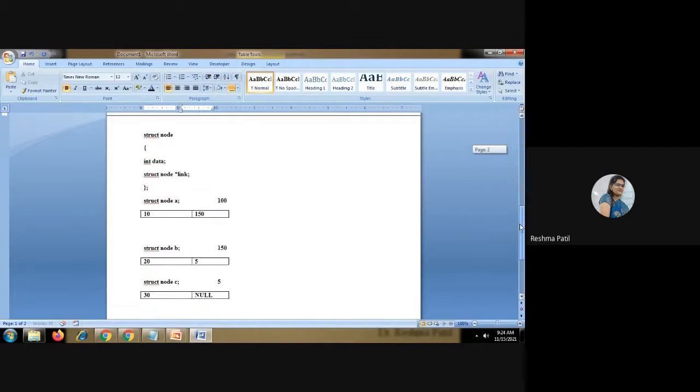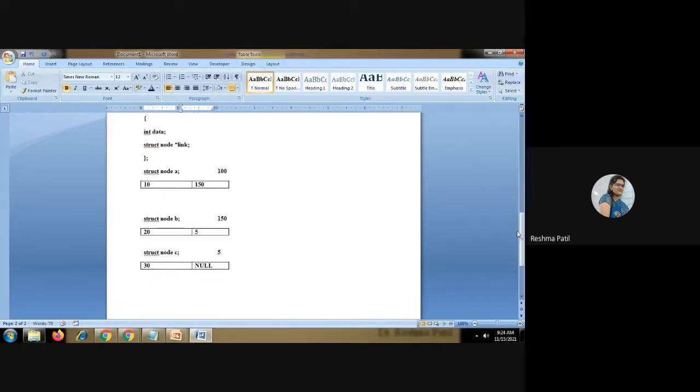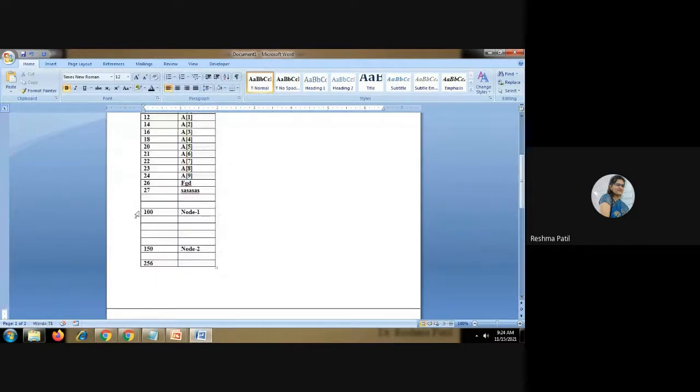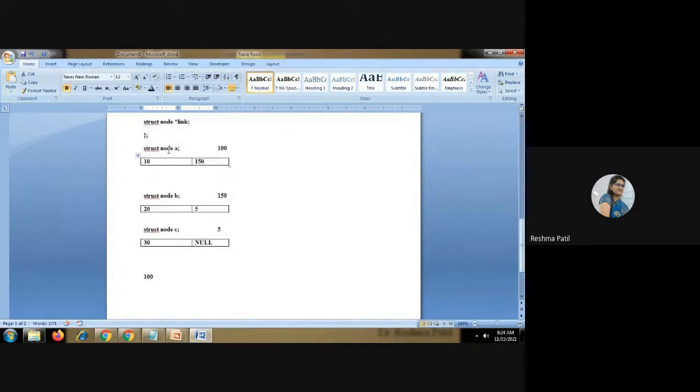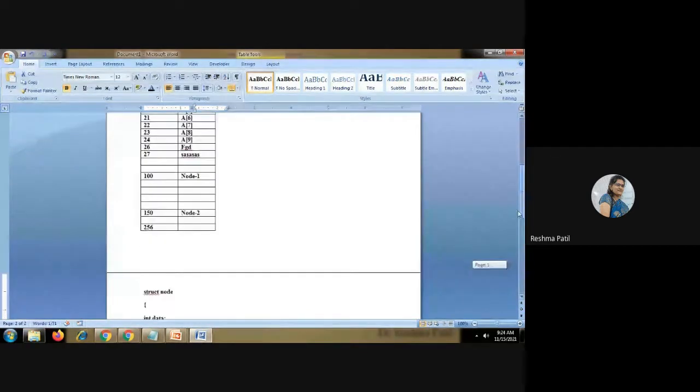Whenever I want to access this linked list, that time I should know this address. This is the head node address, the first node address. If I get the address of the first node, that is 100, this is my first node address, so I will reach there. So from here, I will get the node 1 data, that is 10. Now after reaching the first node, I want to reach the second node. So in the next part only, you will get the address of the next node, the successive node, which is the 150th location node. So go to that location directly.